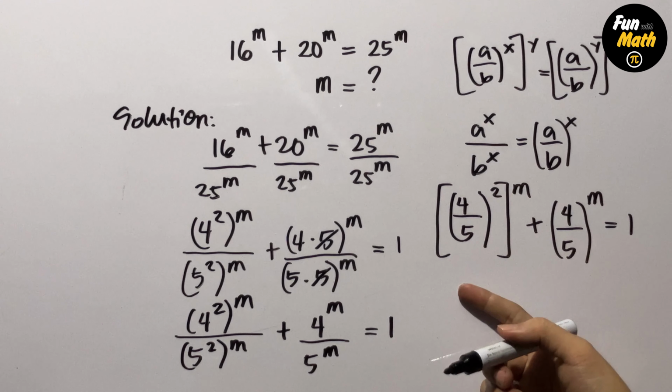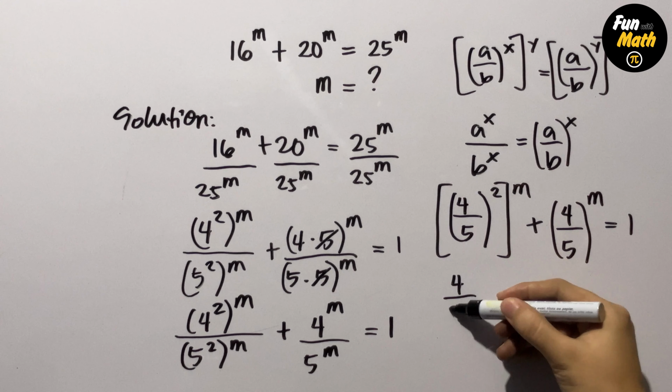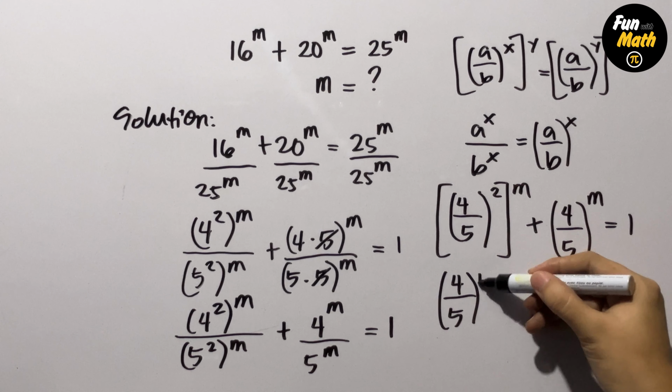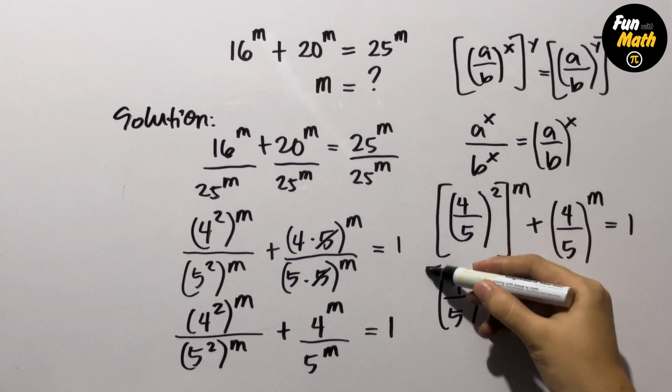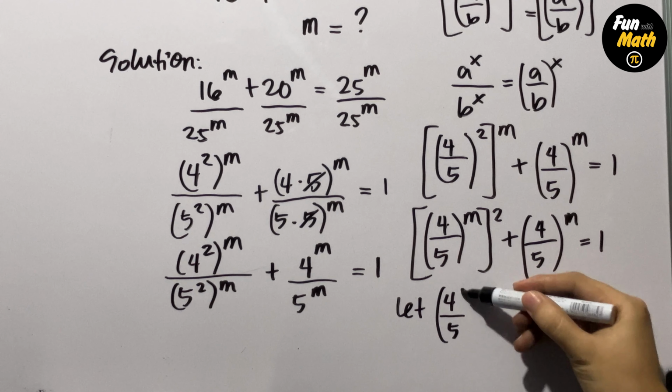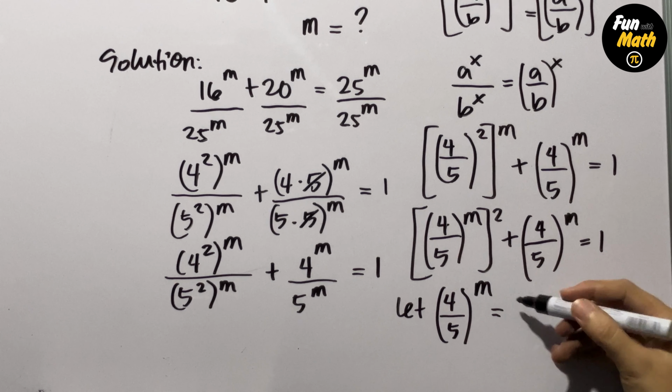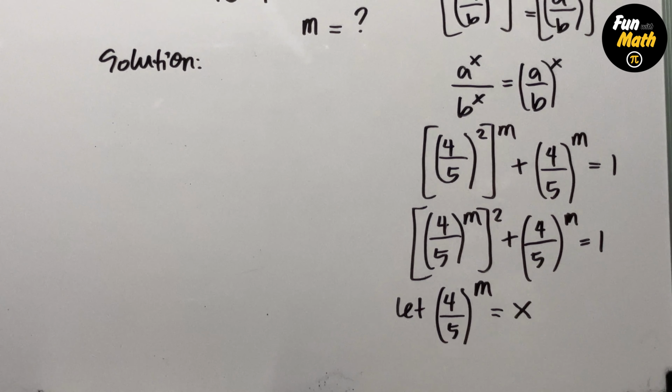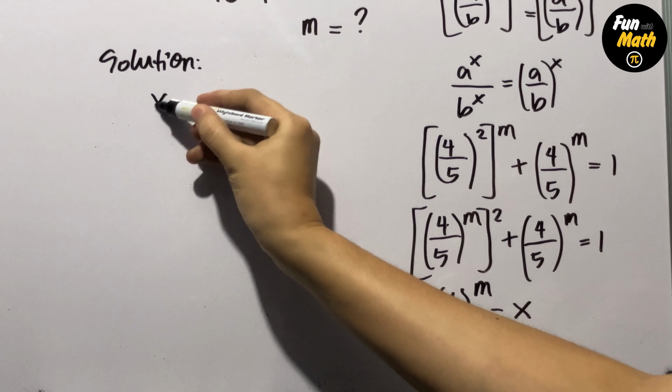So we can write it as 4 over 5 to the power of m whole to the power of 2 plus 4 over 5 to the power of m equals 1. And then we let 4 over 5 whole to the power of m be equal to x. So now we can write it as x squared